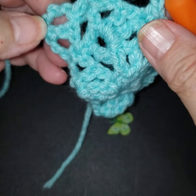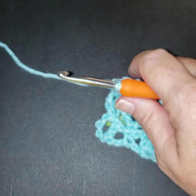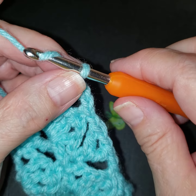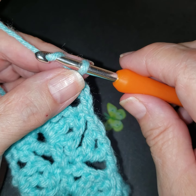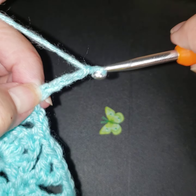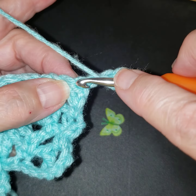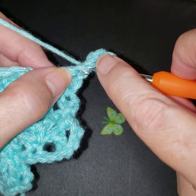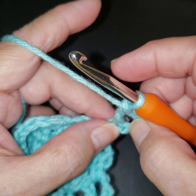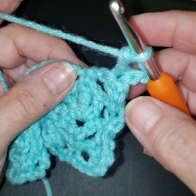Now we're on row 5. I wanted to make sure. And this one's going to start off with 5. 1, 2, 3, 4, 5. We are going to turn, put a double crochet in that base. This is our treble, chain 1 and double. Then we're going to go to